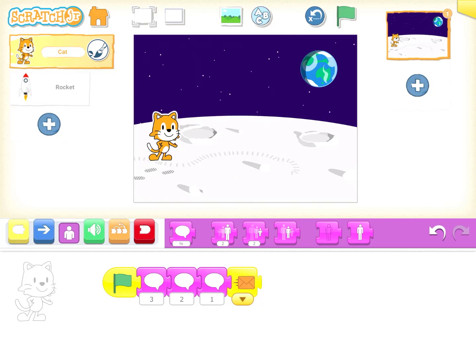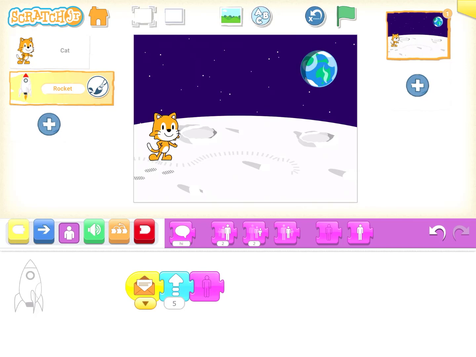Okay, so that other character will know, okay, now once the character gets the same message, they will start their script. So cat is completing its work, and then what cat says, send the message. And when rocket gets the message, that's when it will start moving up and then disappear. Okay, so that is the use of send and receive message.